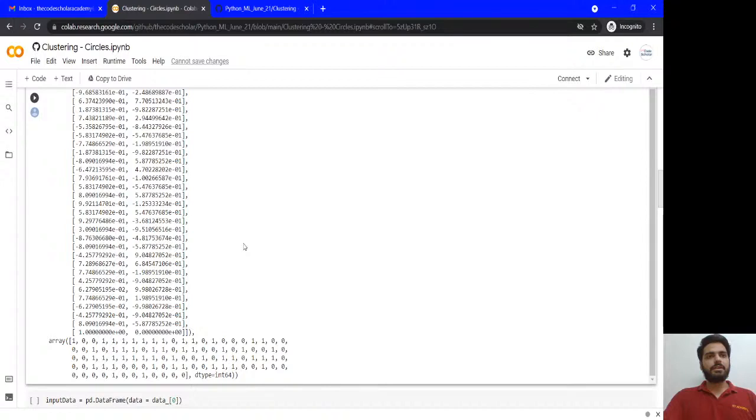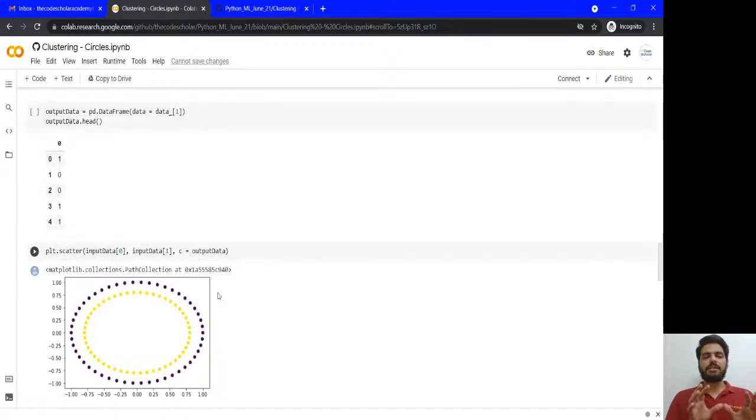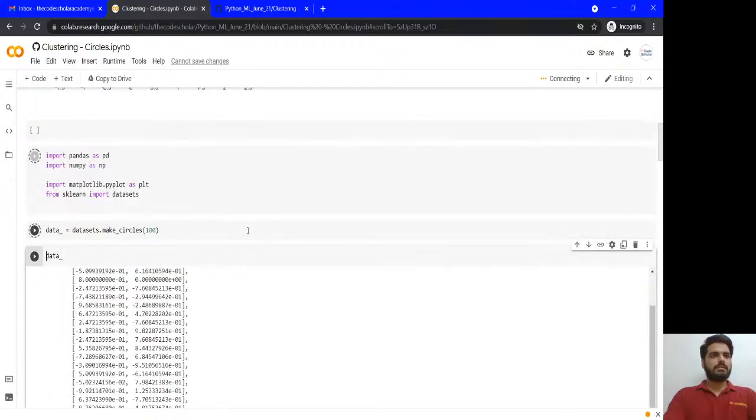So this is how it looks. It was before machine learning. This was the pattern of the dataset. After machine learning, I have defined here how many clusters. Okay, let me try from the top. 100 samples, and this is the data.